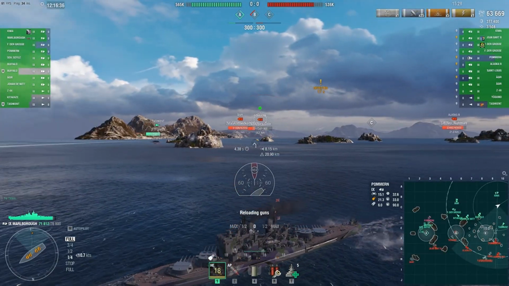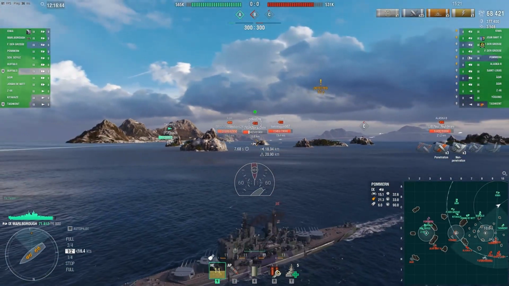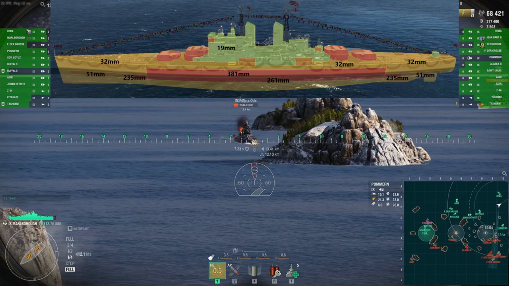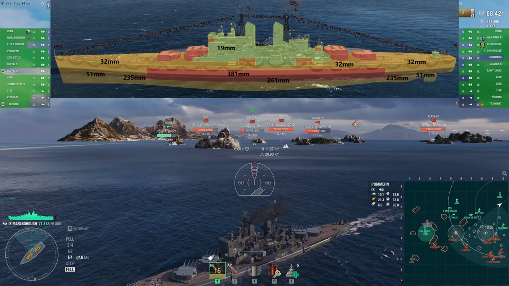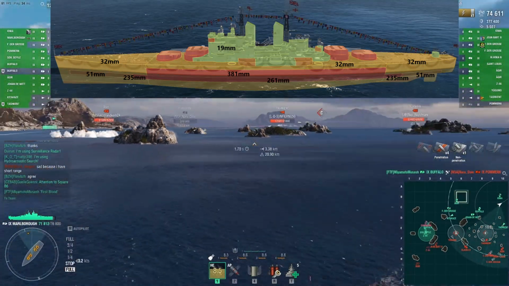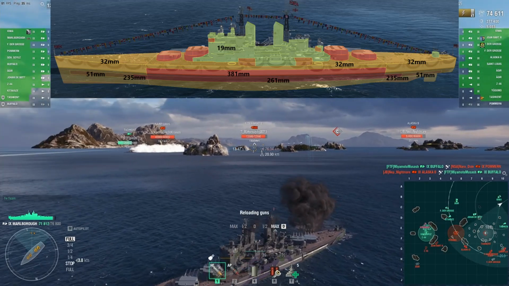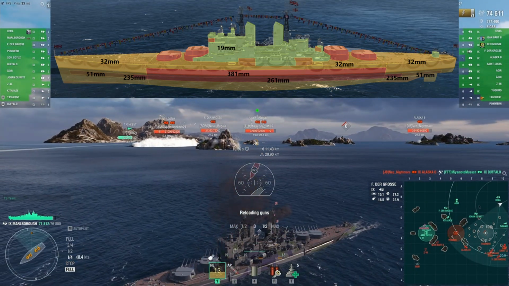Now, contrary to popular belief, I've seen a lot of places saying that the armour is quite weak on the Marlborough, but I would tend to disagree. You get a bow end plating, upper and lower, of 32mm. This is reinforced by having a submerged bow end armour belt of 51mm, an additional strip under the front turret of 235, the upper casemate is 32, the main deck is 32mm, and again at the stern, both the upper and lower aft end deck plating is all 32mm. Again, further reinforced by having a submerged strip of 51mm, and again under the turret,